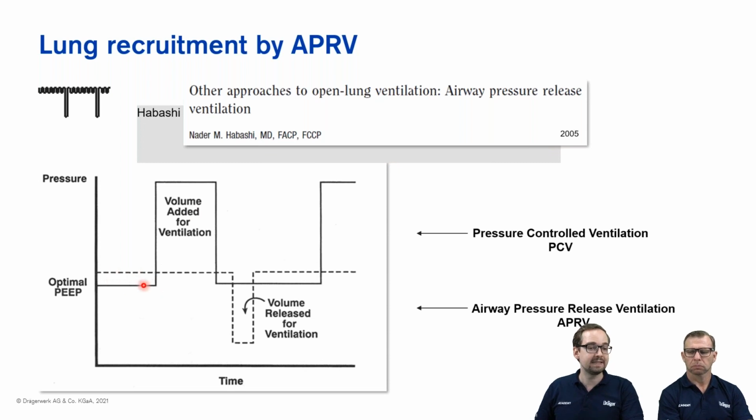Basically, if this would have been the optimal or ideal PEEP, usually with our inspiratory pressure we need to add volume for ventilation, and we are of course increasing potential cyclic damage, so cyclic opening and closing of the lung, which might of course increase the ventilator-associated lung injury. So therefore, it's a completely different